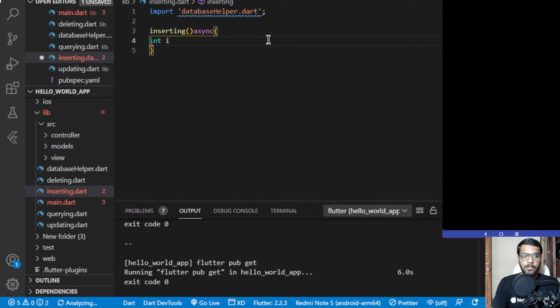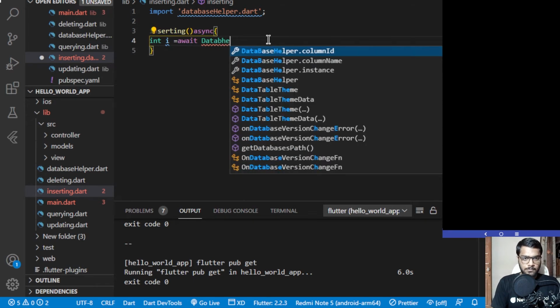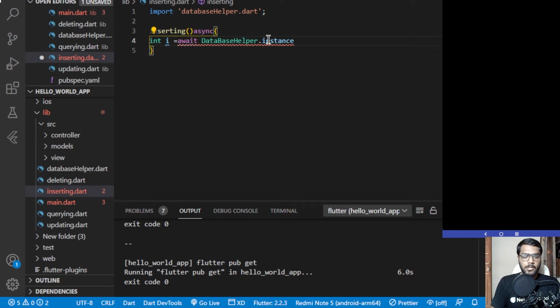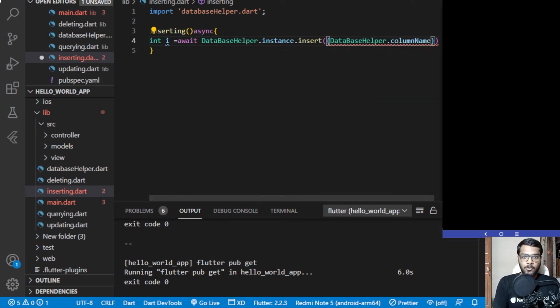And int i will be equal to await database helper dot instance dot insert, and it takes a row. So for the row, what I'll be passing over here is a database helper dot column name. So database helper dot column name would be equal to Harsh over here.